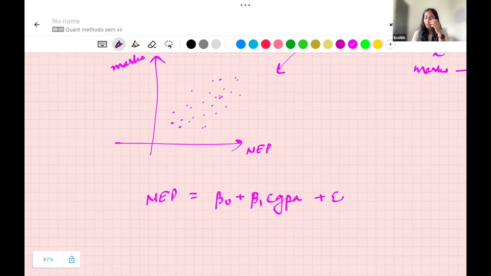तो इसका मतलब कि अगर beta 1 hat positive आता है, we are saying that it varies positively with CGPA, right? But to say that a higher CGPA causes a higher satisfaction level with NEP is claiming too much. Now, why do I say that? Remember, हमने क्या कहा था कि one of the things, right? If you have to attend an extra year in college,